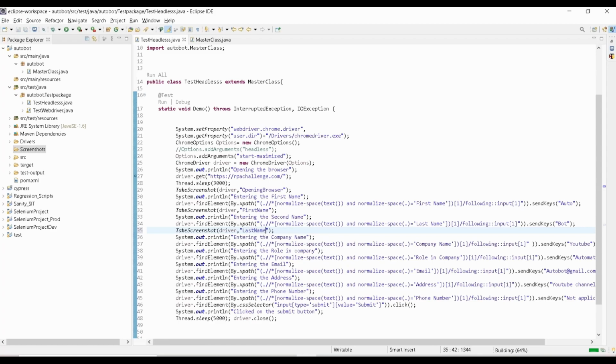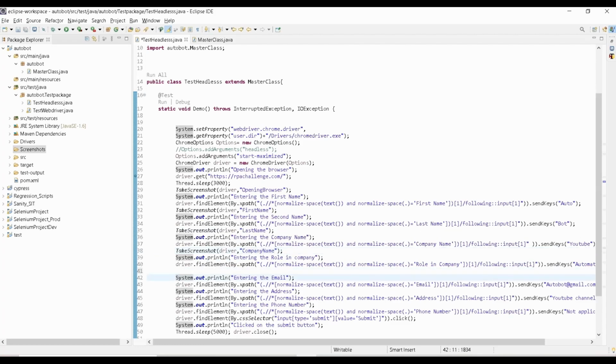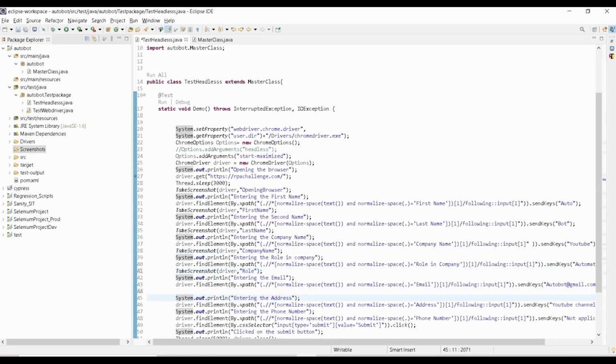Last name, then here we are taking the company name. Okay. Then here we are entering the role. Then in this particular stage, we are entering the email ID.